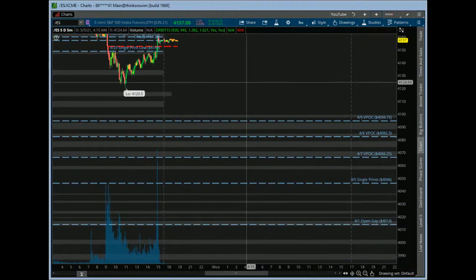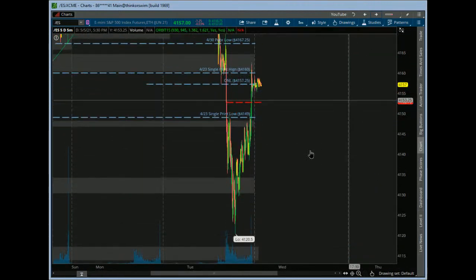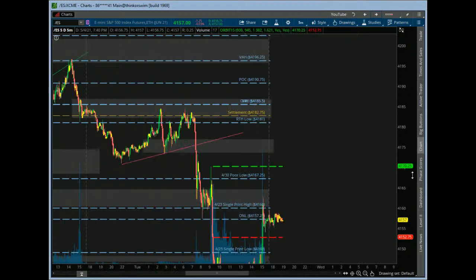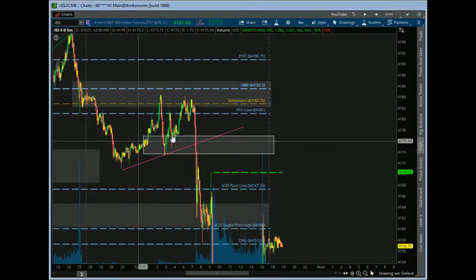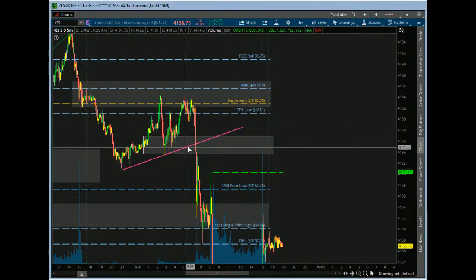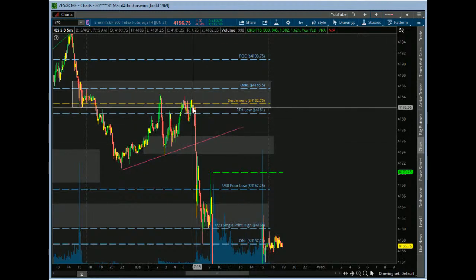One of the big moves today, guys, was this. I talked about this being a geometric move day, and it really was. There wasn't a lot of news to pin this on. The big headline today was the tensions between China and Taiwan. So that's a possibility, but it was this big geometric line here this morning. We put the bubble report out. We were up here this morning, and then